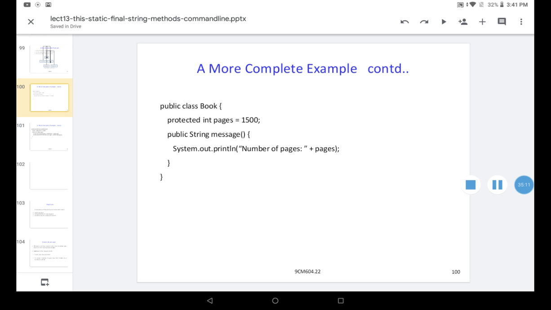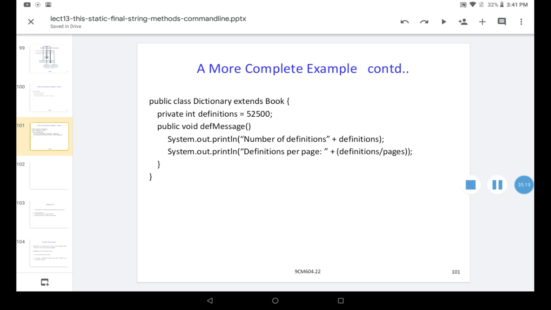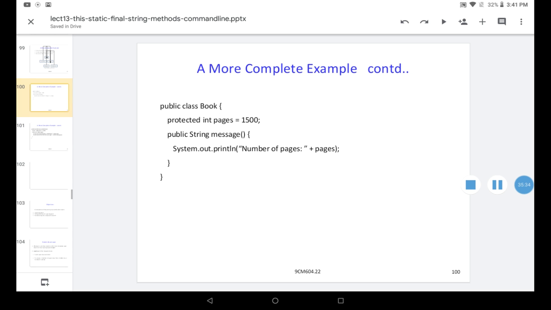We have seen one base class and one derived class. Book is the base class and dictionary is the derived class. In the dictionary class, we are printing the number of definitions. Definitions come from the dictionary class, but pages comes from the base class.